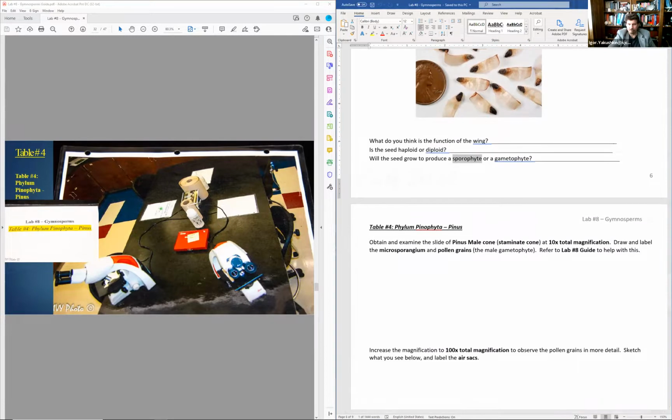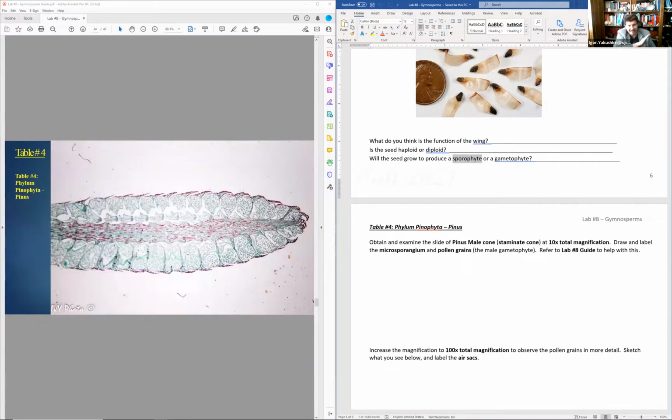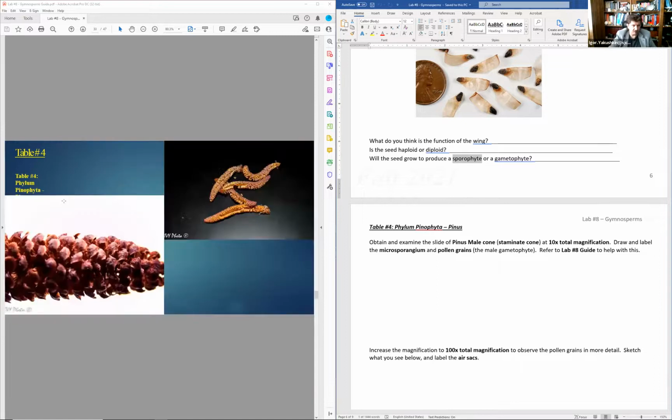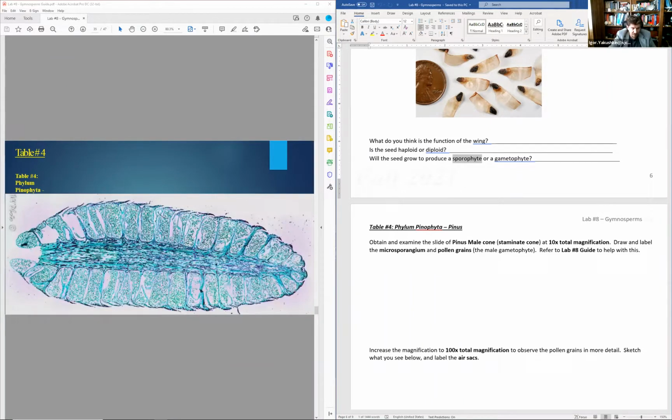All right, here we're looking again at a little bit more of the male cones, high magnification, and you can see under the high magnification, the male cone looks like a regular cone, just smaller size. Hence the name microspores, because it's producing small spores. Now, if you cross-section this particular one, you will see something like this. And under a higher magnification, you will see that it is filled with tiny little pollen grains, essentially male gametophytes, but tiny ones.